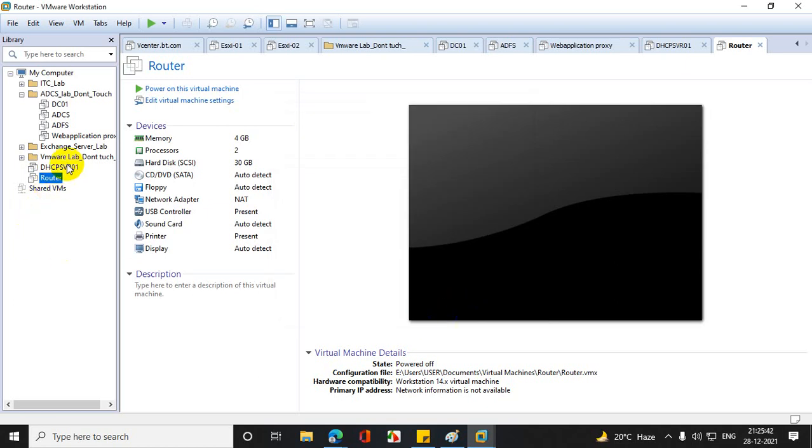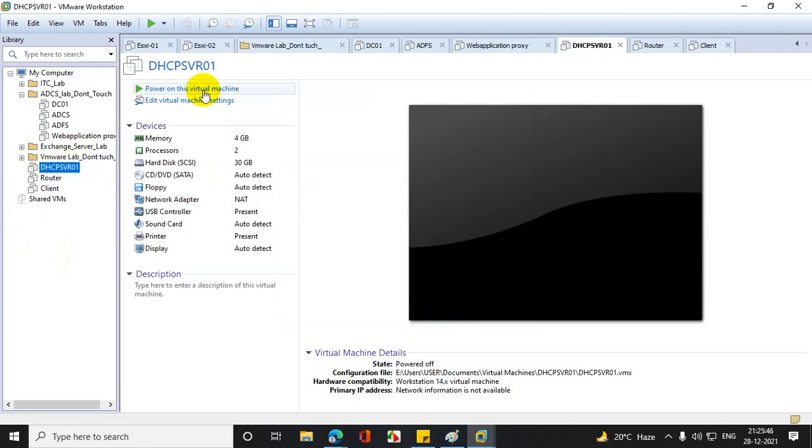Okay, so now what do I need to do? Let's configure the servers one by one.